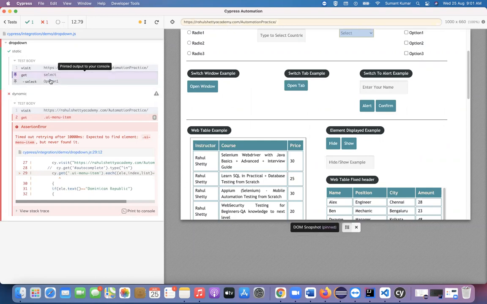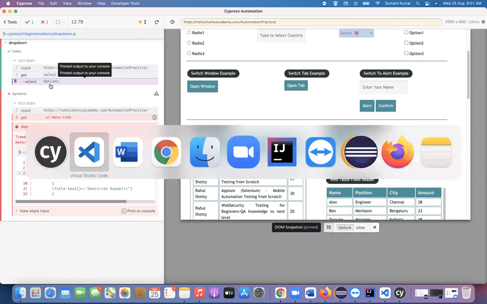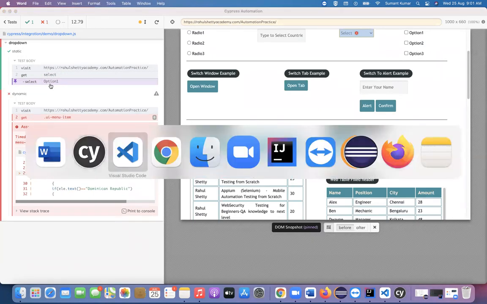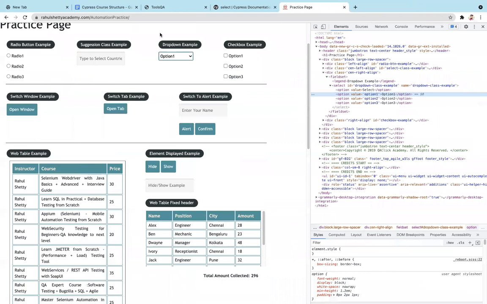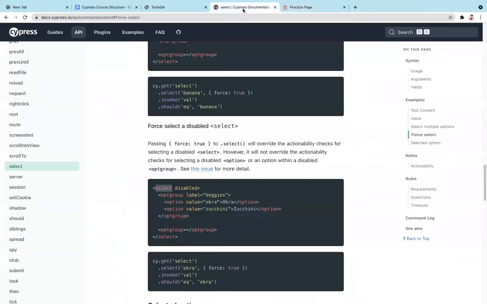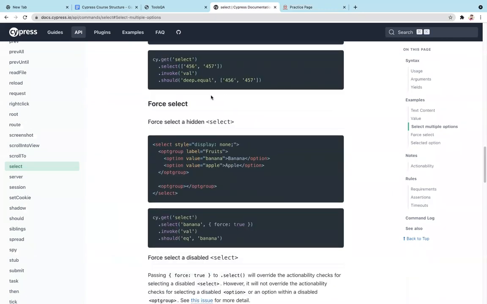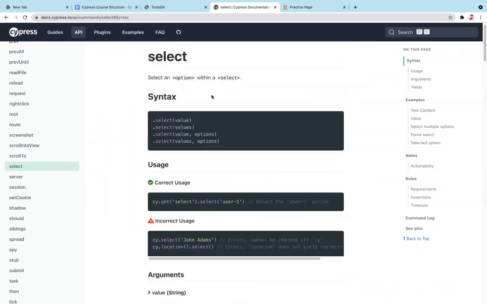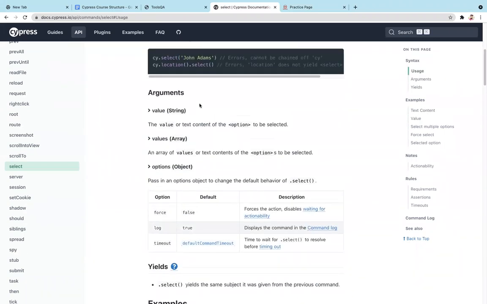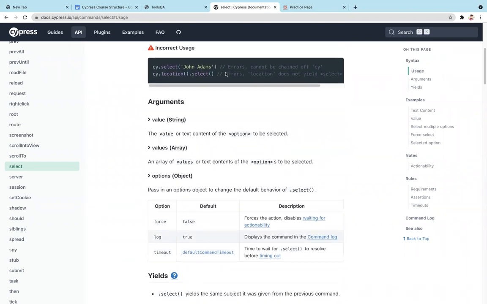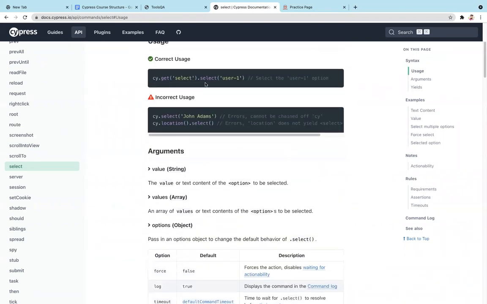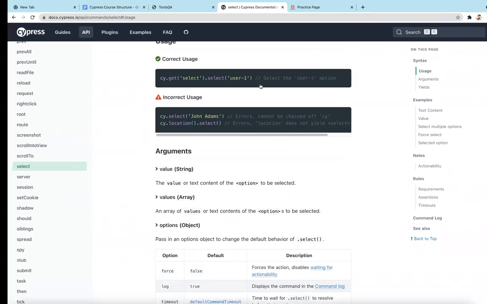We did cy.get select, then select, and selected the option. After that, should we perform anything? I think we need to click on the option. Let me see. No, only the select is enough. So cy.get, then select, and we can directly select it. It should work.